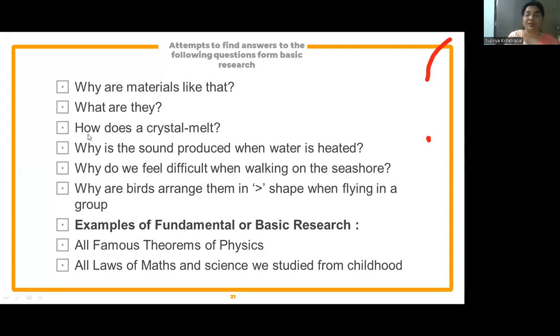वाई डू वी फील डिफिकल्ट व्हेन वी आर वॉकिंग ऑन अ सी शोर? ठीक है, जब हम सिंपल से रोड के ऊपर जा रहे हैं तो हमको कोई डिफिकल्टी फील नहीं होती है, बट वही अगर हम लोग सी शोर से जा रहे हैं तो हमको थोड़ी डिफिकल्टी फील होती है, ठीक है। सो दीज आर द क्वेश्चंस हियर, ओके।